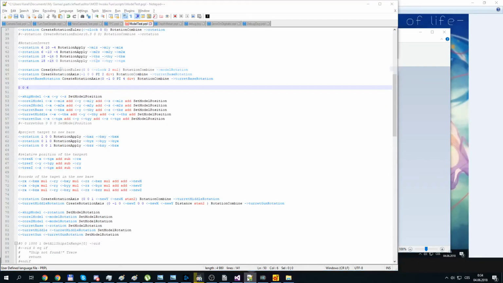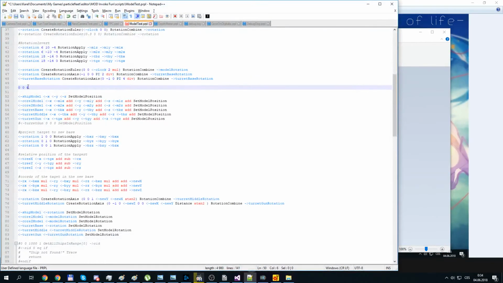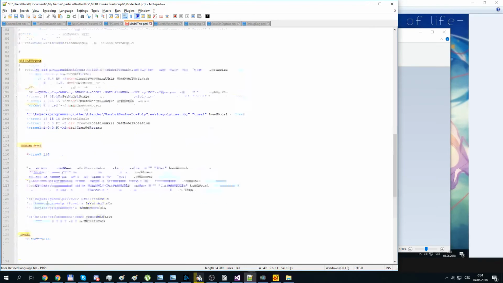Except, is it positive 6 or negative 6? Well, it's negative 6, right? Because here is positive Z, so it's negative 6 in the Z direction. But I also need to multiply it by the scale, which is 0.4. By the way,